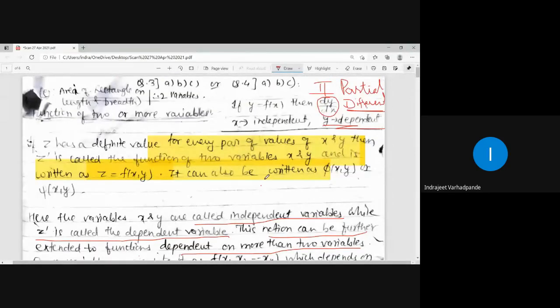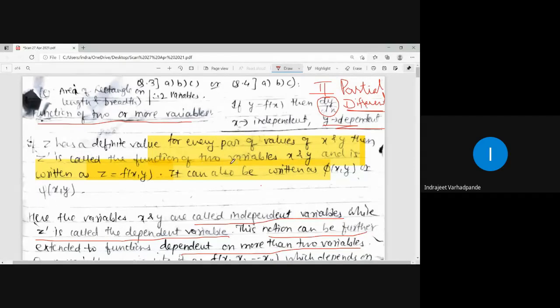So the next topic of discussion is partial differentiation, which comes from the concept of function of two or more variables. For calculation of the area of rectangle, we require the two components or the factors, that is length and breadth. Similarly, in calculus, we require the function of two or more variables, or in general, they are called function of several variables.